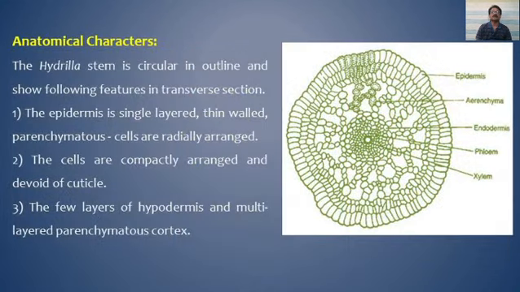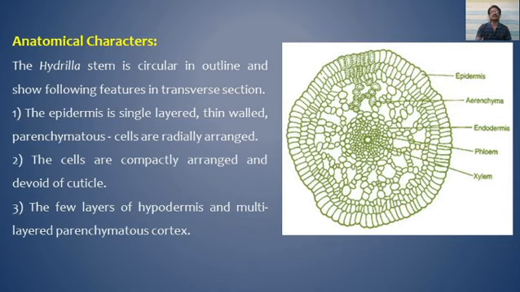These are the morphological features that you have to find out. Coming to the anatomy, once you complete the observation of the morphological features, you have to take the axis and then take fine sections of that axis or stem. Select one of the fine sections, mount it on a glass slide, stain with safranin, add a drop of glycerin, put a cover slip, and then observe under the compound microscope.